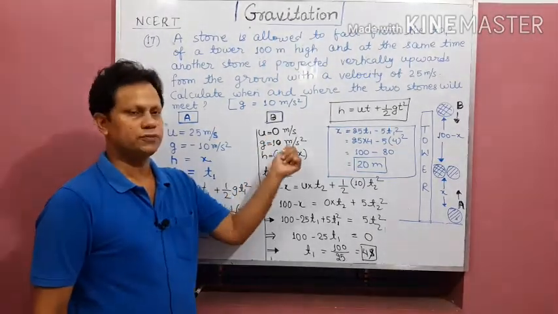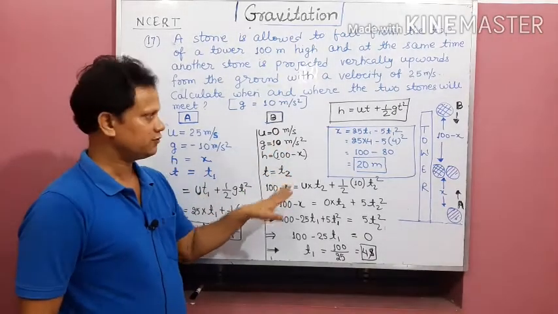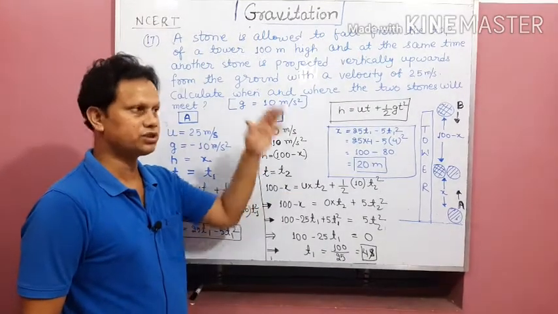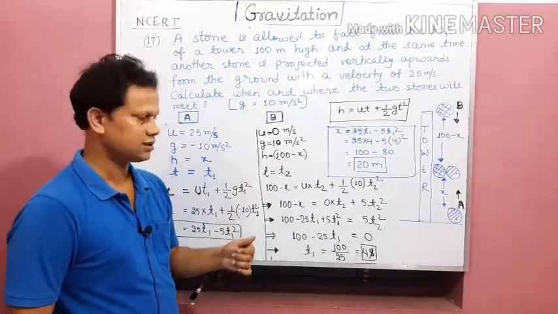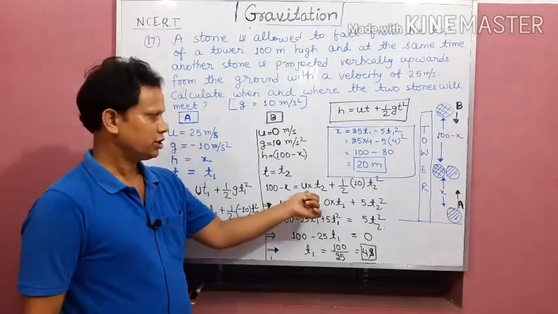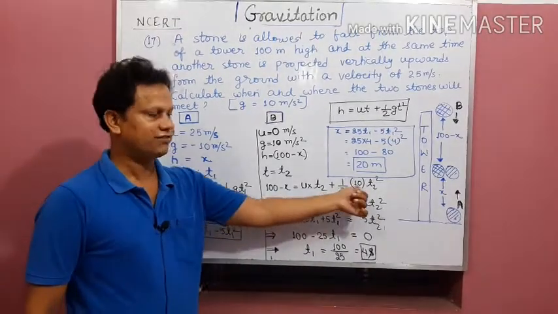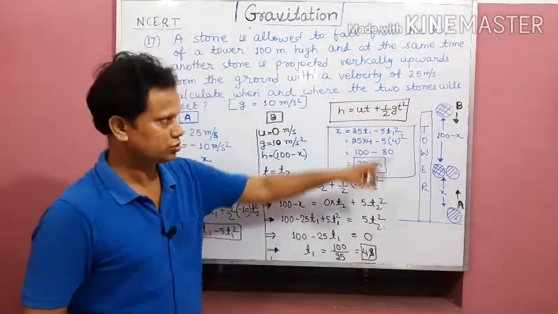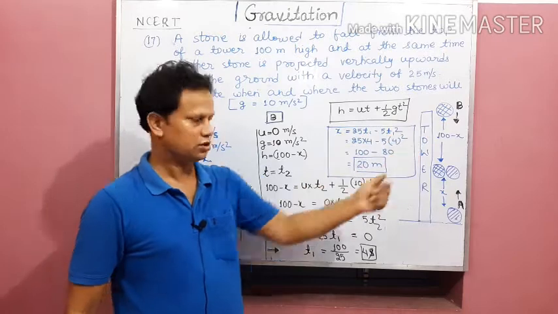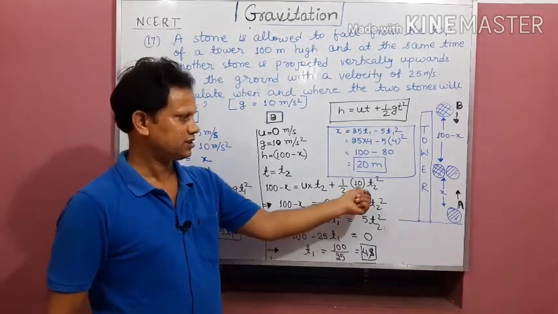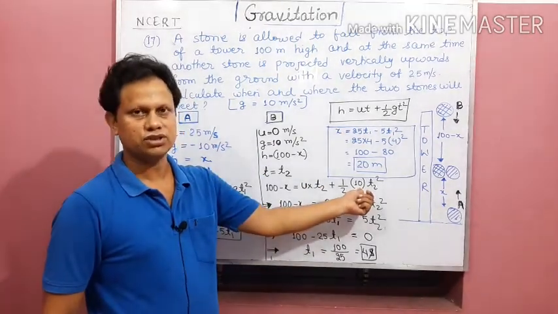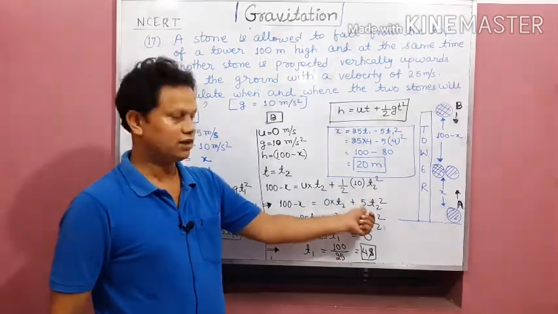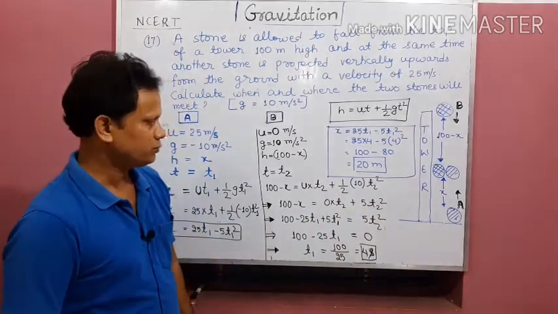Now coming to stone B, with the same key formula and all the information we have gathered. Here the displacement will be taken as 100 minus x because it's coming downward. So the displacement will be 100 minus x. Now u t2 plus half 10 t square. u will be 0 here because for the downward journey the initial velocity is 0. So I have taken 0 times t2, plus 10 for acceleration due to gravity. Now I cancel 10 by 2, so what I get is 5 t2 square.